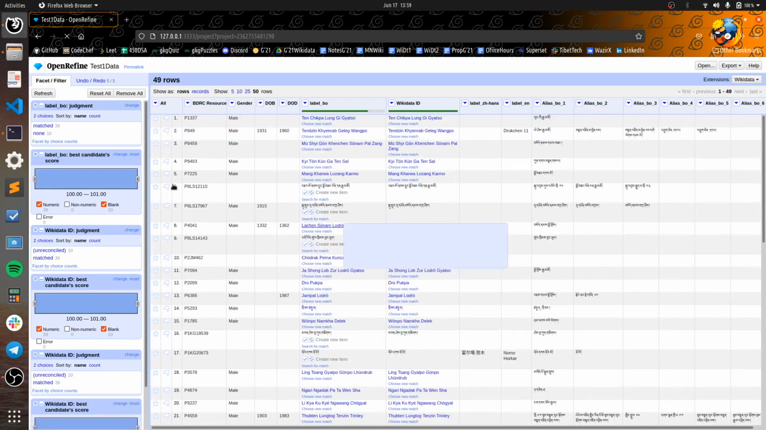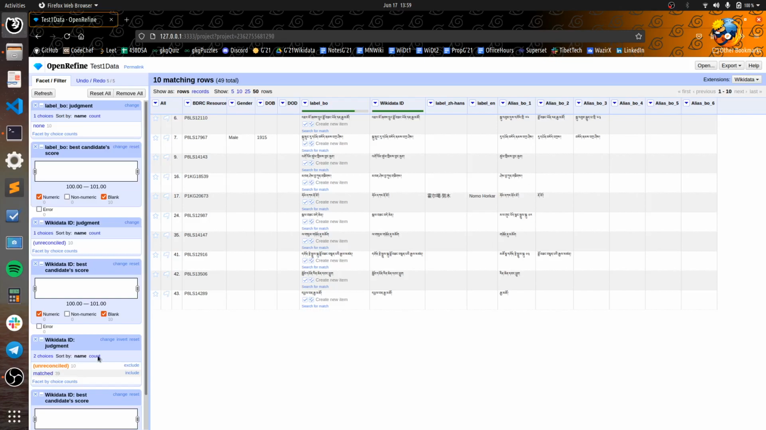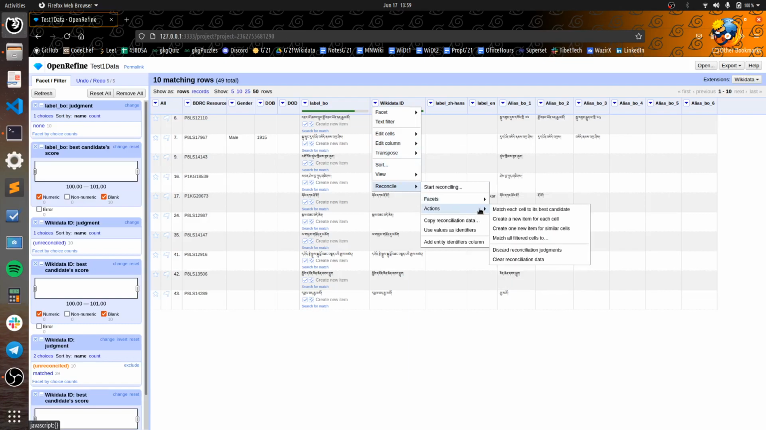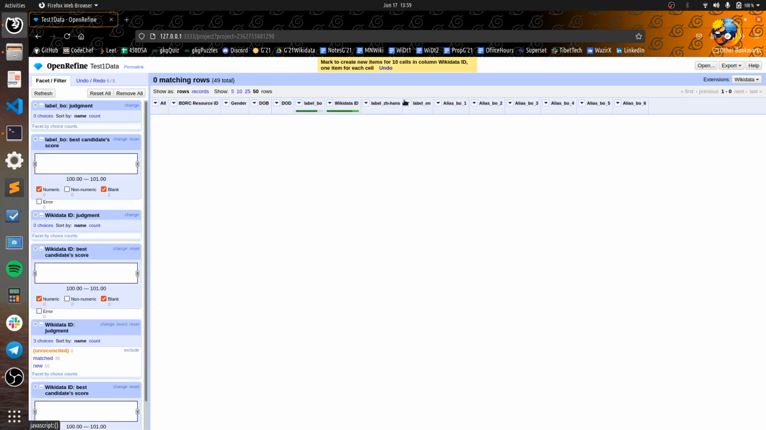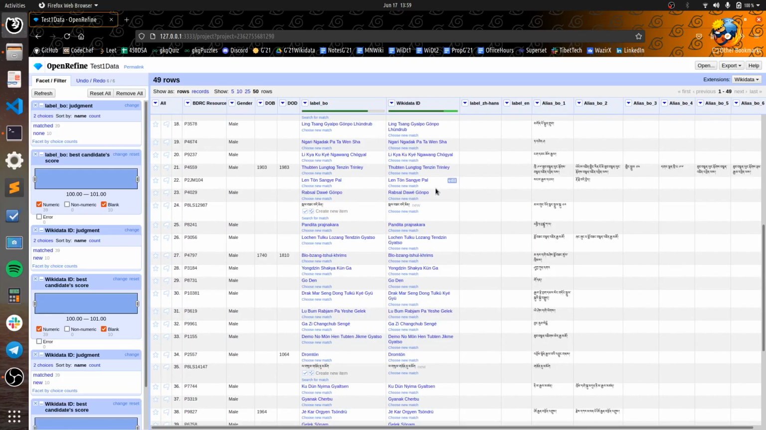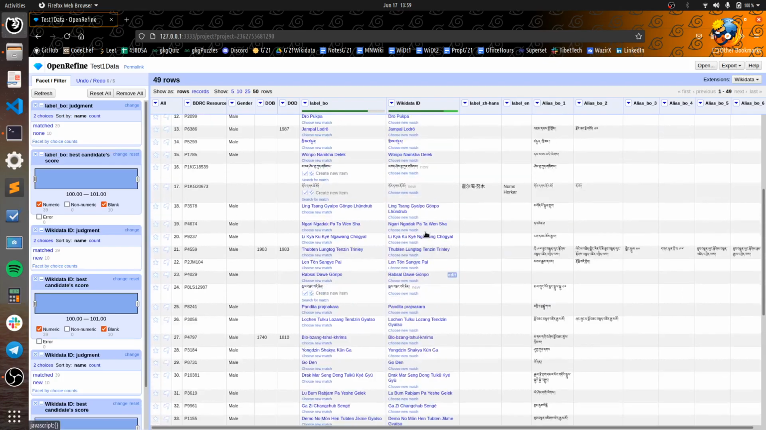Now what we can do is go to the Wikidata ID column and select all the unreconciled items. For these unreconciled items, we need to provide a new Wikidata entity. So we'll go to reconcile and then to actions, and then we'll find create new item for each cell. So for now this is all the values. Now we can go and see, and these entities have already been given a new Wikidata ID, and once we